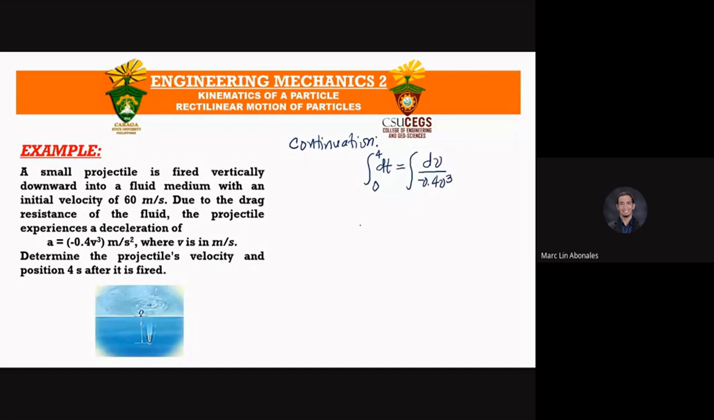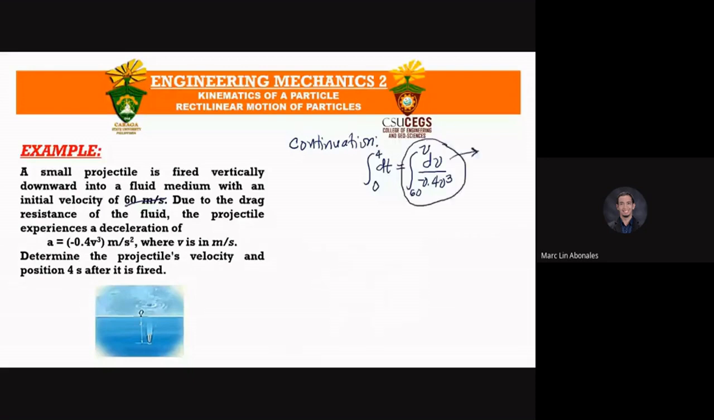This one, I underline. So that is 60 meters per second. And the upper limit, which is the final velocity, is the unknown. So meaning what? Therefore, we represent it with the variable v. Okay? And also, when we solve the right side of your equation,